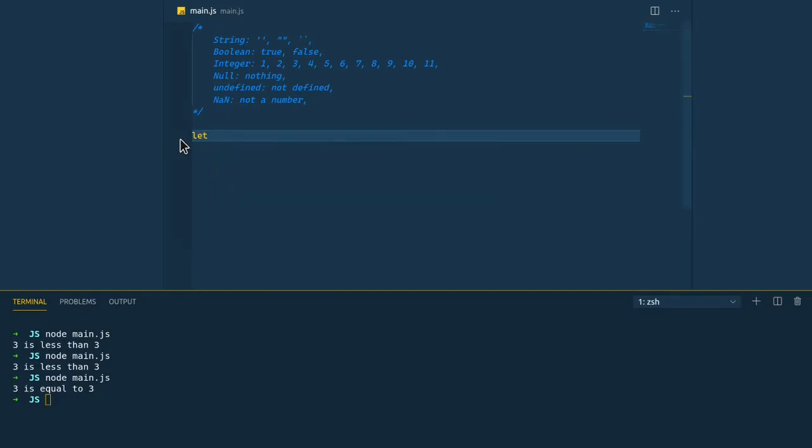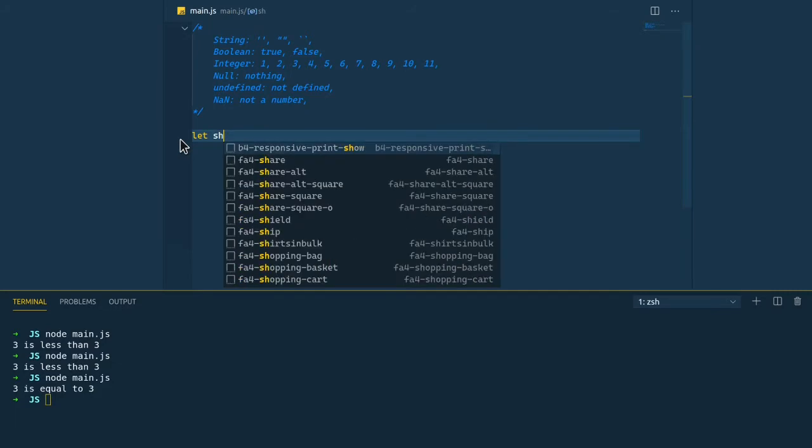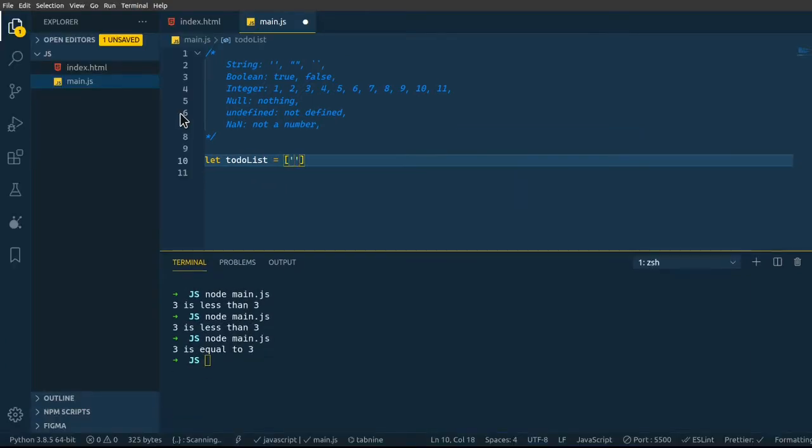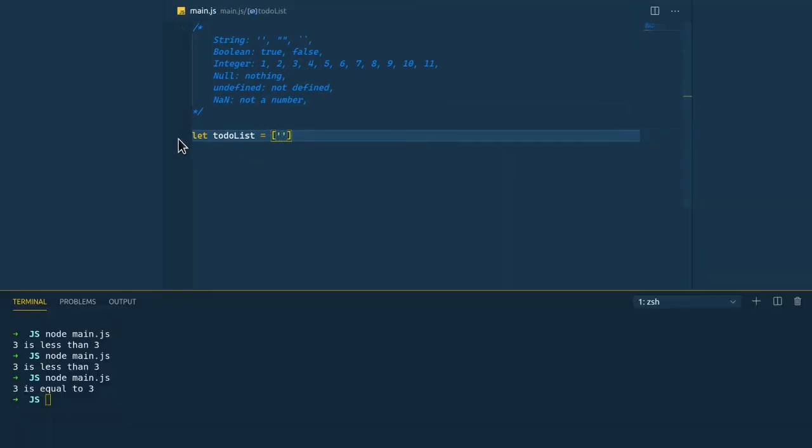Let to-do list is equal to get milk, eat cake,